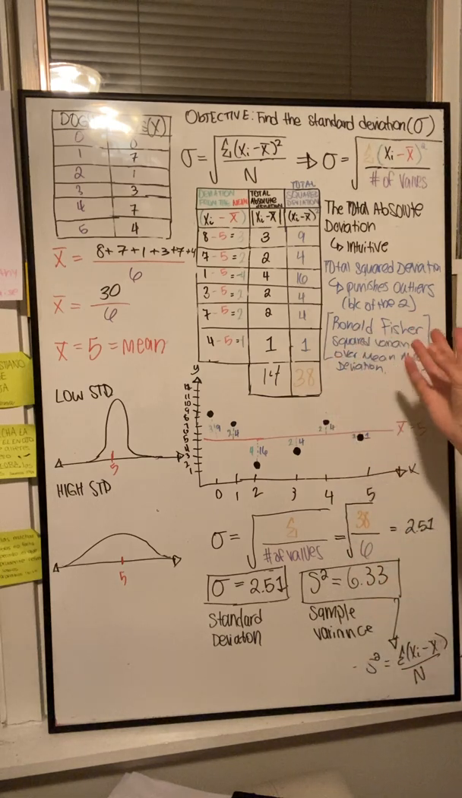But he also said something about how the total square deviation punishes outliers, and he showed a little example, but I don't really understand. So I'm gonna have to look into that because it's squared. I don't even know. And then he mentioned Ronald Fisher, who